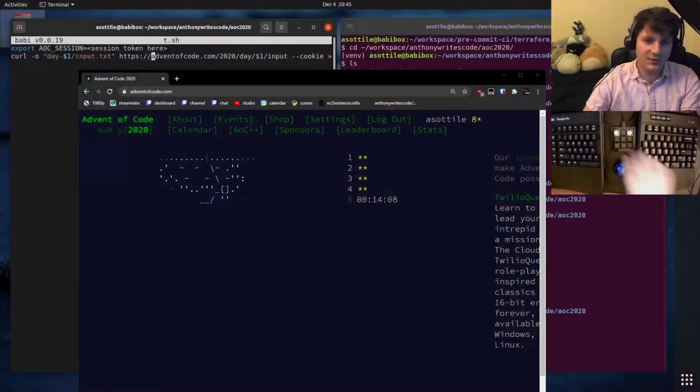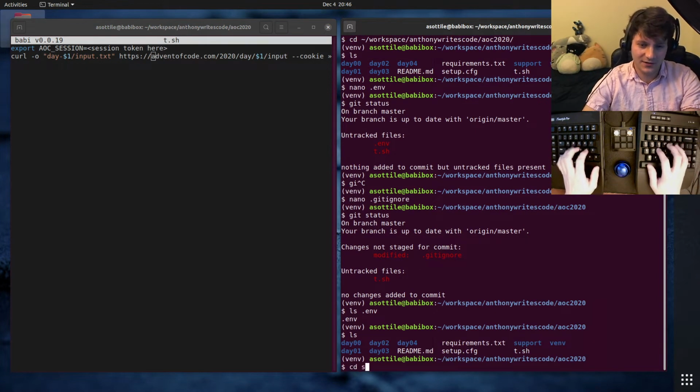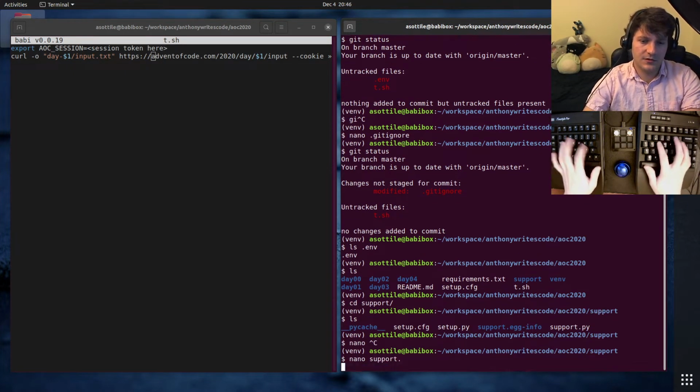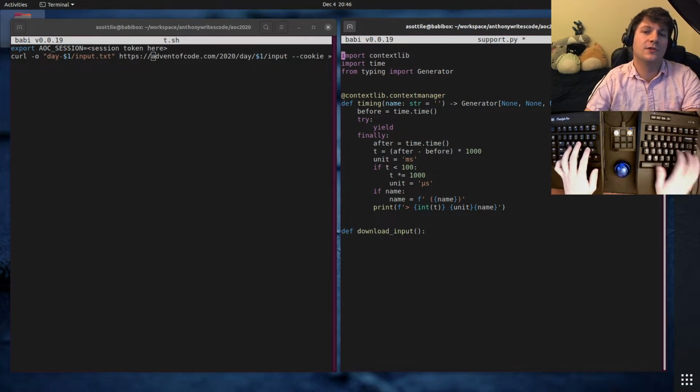Okay, so let me go back over to this. I have 14 minutes to write this little script, so we're a bit pressed for time. I have put things into this M file, which I am not going to show you, and we are going to write a little command line tool called, let's see, def download inputs. And we're going to import argparse. I'm going to write it in this little script, and we're going to use this to